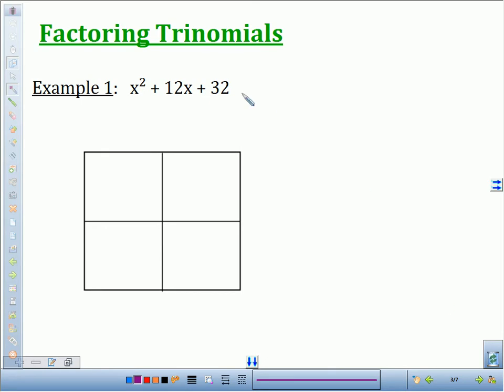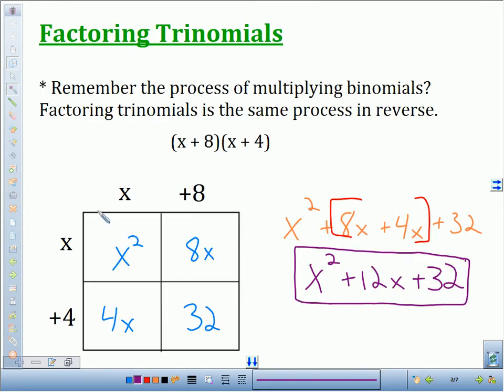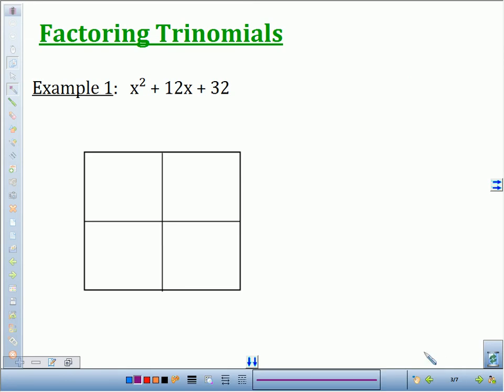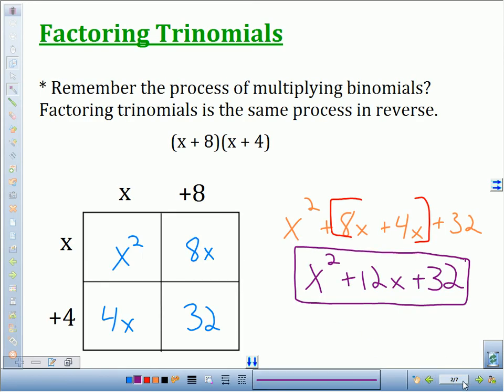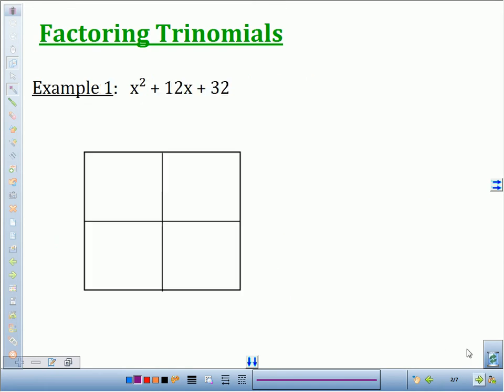Now we're going to use the same set of numbers here, x squared plus 12x plus 32. That means we already know that the answer should be x plus 8 times x plus 4. But here's how we're going to get this done, and we're going to be relying very heavily on this box method to get started. So, comparing the worked out multiplication here with my empty box,